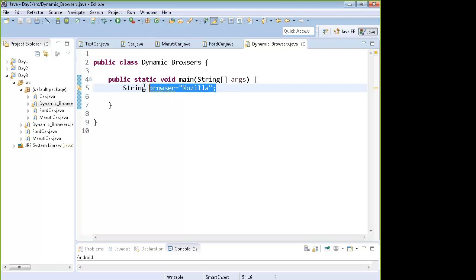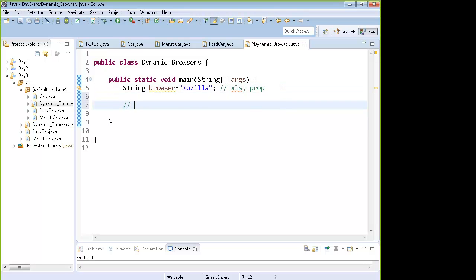Based on this parameter, I want my script to run on that browser. Later on we'll read the value of browser from an external file such as an XLS file or a properties file, but right now I'm hard coding. Whatever the value of my browser, the script should run on that browser.